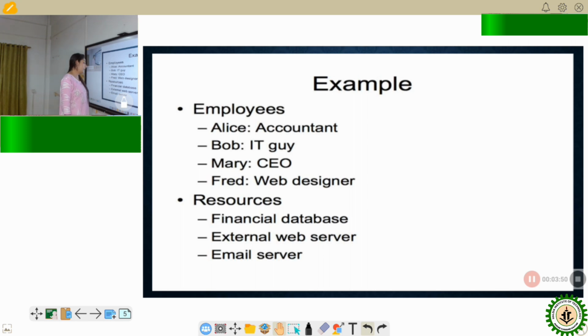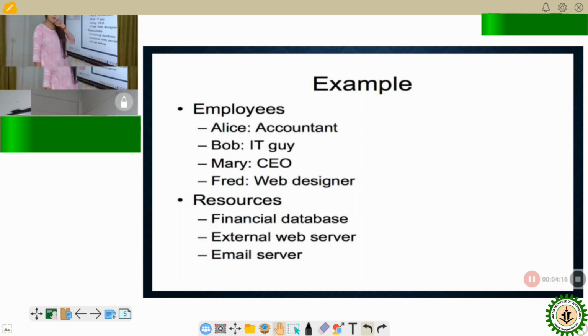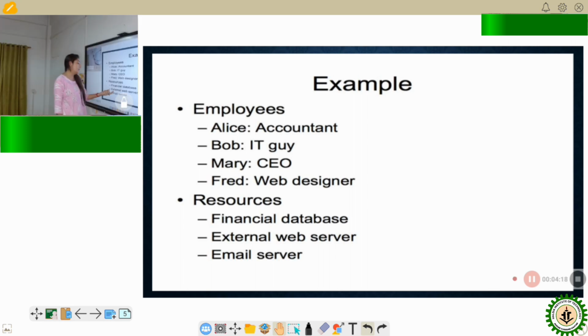We also have some resources in that organization: a financial database, then an external web server, which is where your clients will be able to see what you want to display on your public platform. Next, we also have an email server, which is going to be used for internal communications.